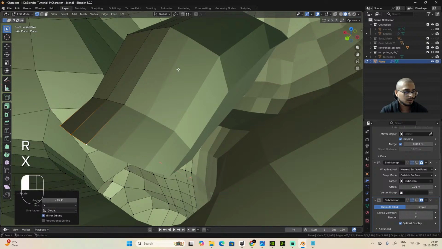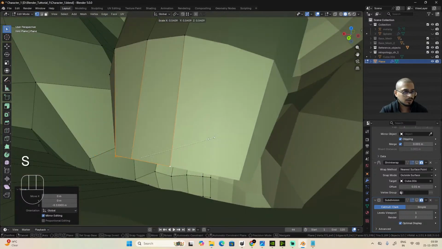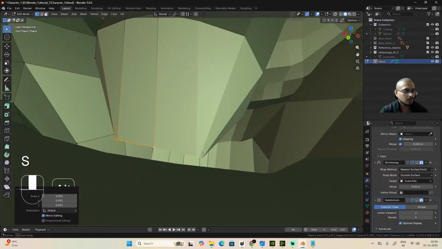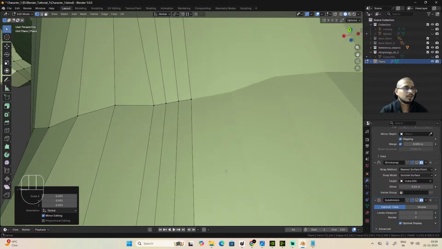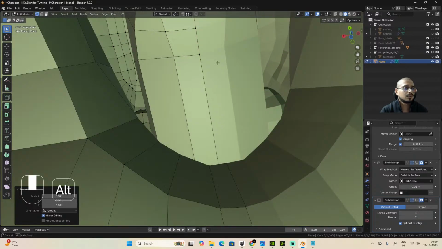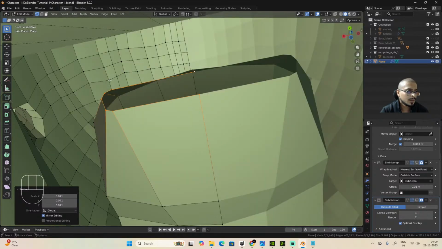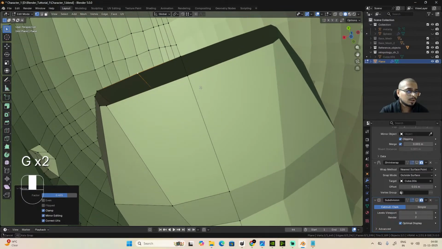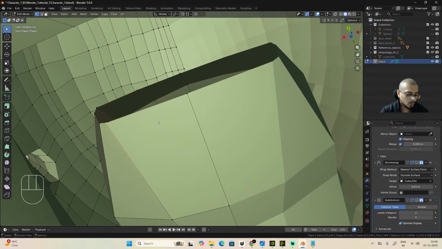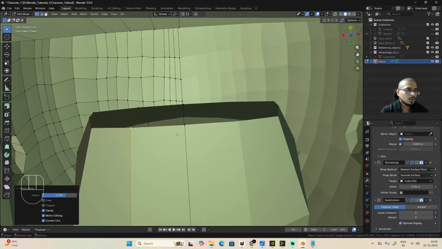R X. G Z. Scale them down. And oh, I'll use double G this time. This is a new thing. You can move by pressing double G. You can move a vert along the edge towards the another